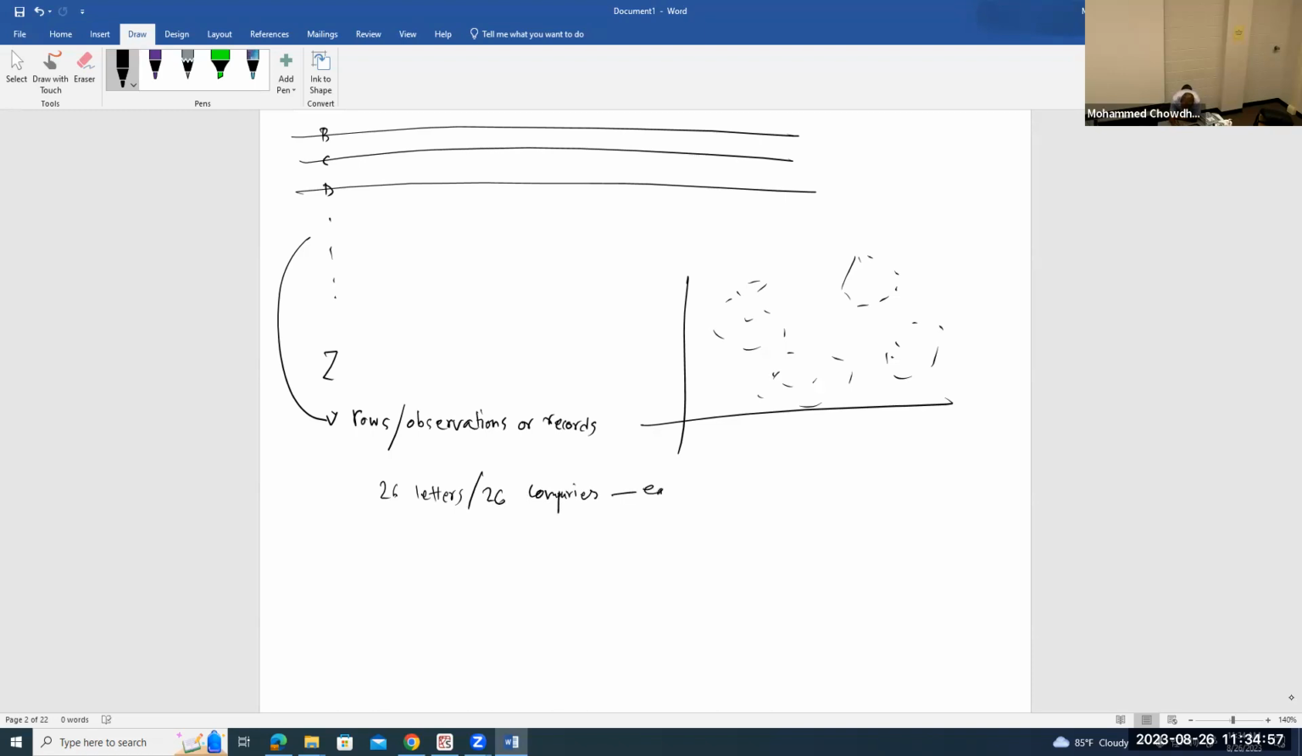Each of these companies is called a singleton cluster. Remember the name, singleton cluster. Each of these companies is called a singleton cluster. In the hierarchical clustering approach,